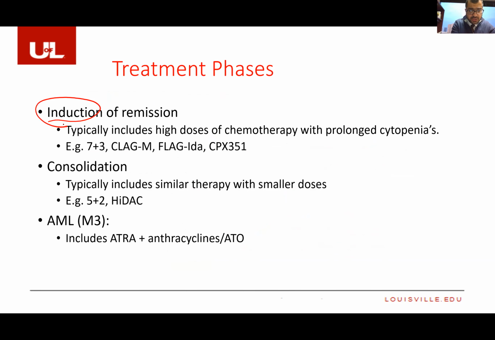We have induction and consolidation. In induction, you usually have heavy-duty chemotherapy and prolonged cytopenias. Generally, the most common regimen you use is something called 7+3. You all might be familiar with anthracyclines plus Ara-C. Other centers have a different standard. Some would use CLAG-M, which is a cladribine-based regimen with Ara-C, G-CSF, and mitoxantrone, and some others use a